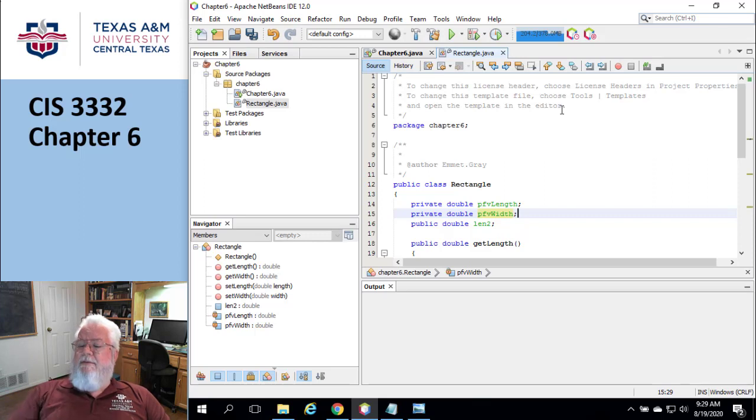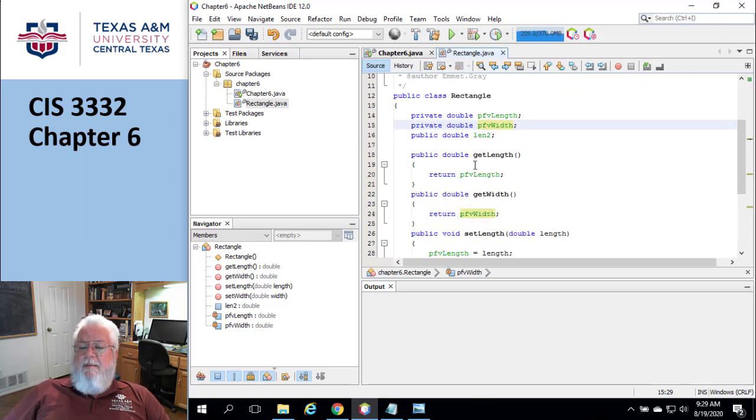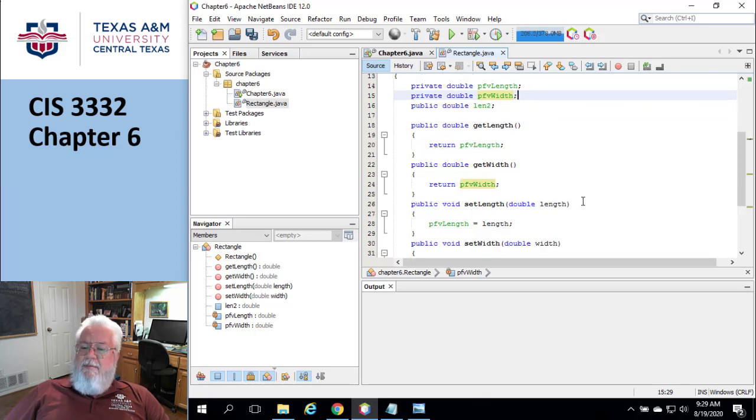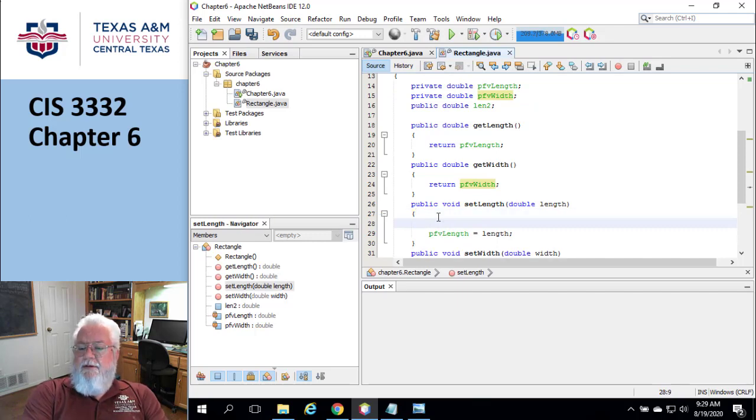I don't know why they don't do it. The reason is, I want to have an opportunity to do input validation. So when you tell me that you want to set the width, I want to make sure that you're not doing something stupid. So what I say here is if length is less than or equal to 0,